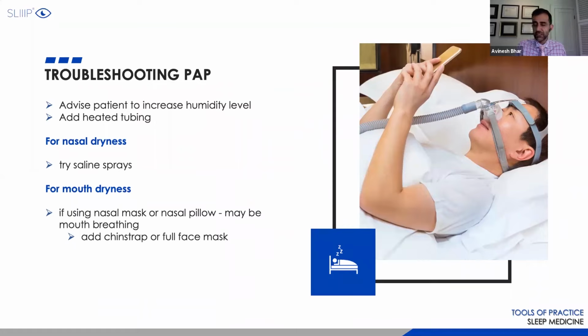Nasal dryness is also another common complaint. Patients have full control of humidity, so I'll ask them to increase the humidifier level. Now the humidifier level is really dependent on the ambient temperature as well. So just because one level worked during the summer months, it may not work the same way in winter months. Patients who have optimized that, you want to ask them, is the level of water in the humidifier tank actually going down? They refill that with distilled water. But if they're not pouring more water in every other night or every night, that tells me that the humidifier itself may not be working.